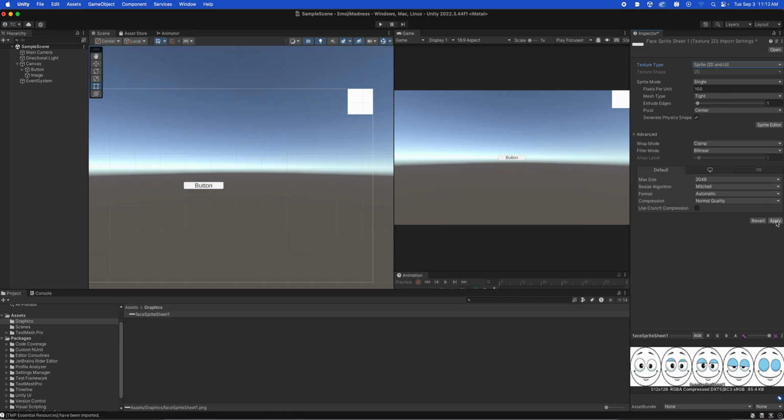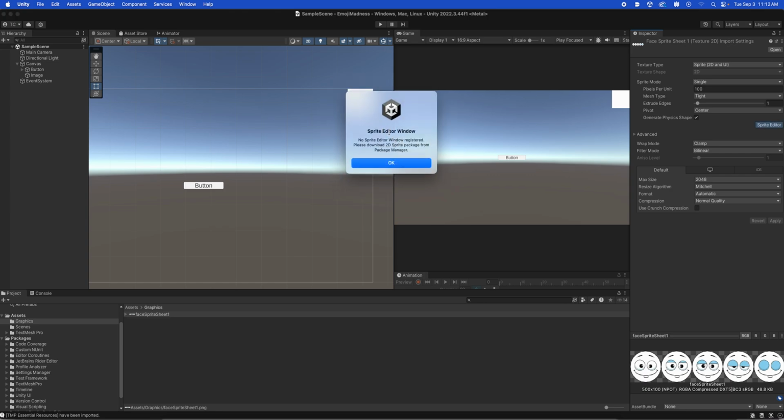You're going to hit apply. If you don't hit apply, it'll warn you about that. Okay, so now it can be used for a UI object, but I want to slice it up first. And to do that, we're going to use the sprite editor. But you'll notice there's no sprite editor window. It used to always come by default with Unity in the past. And so now when I hit OK, I'm going to need to